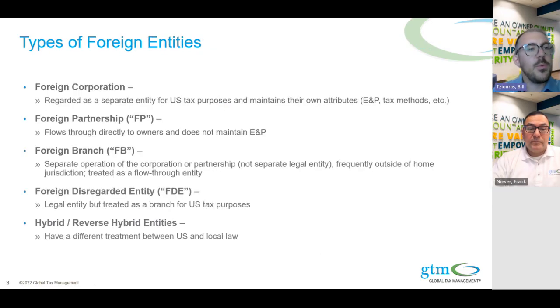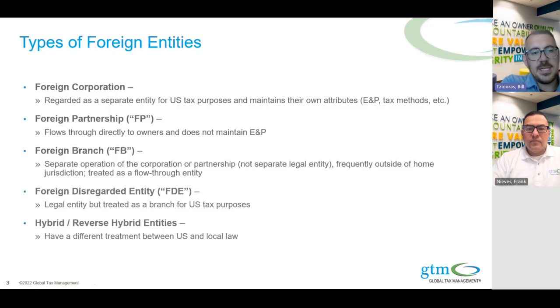When reporting these entities, it's important to know the different types of foreign entities. A foreign corporation is a regarded separate entity for U.S. tax purposes, and like corporations, they maintain their own attributes. So we're talking about earnings and profits and tax methods and different things like that. Foreign partnerships flow through directly to their owners, not maintaining their own E&P at their level. Similar to a foreign branch,